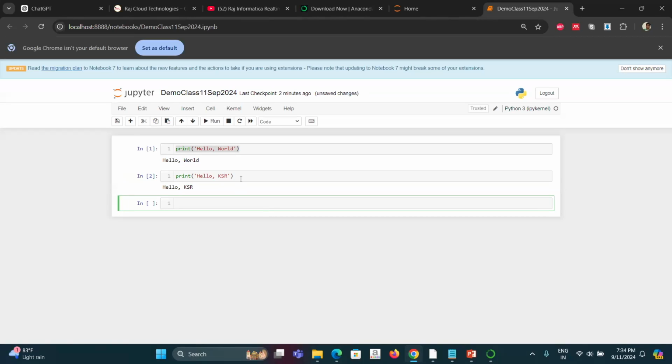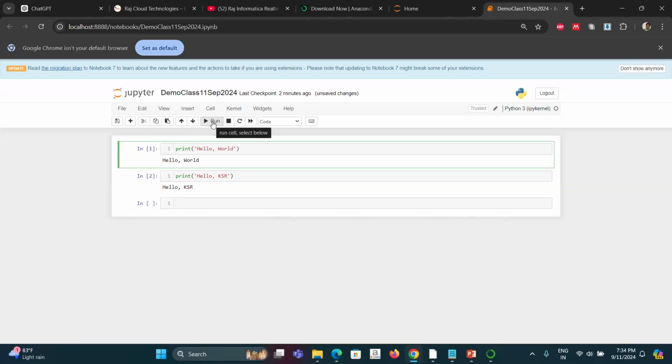Don't worry, most of the time it's not that complicated. Just use the Run button, it will be sufficient to execute. Just keep on clicking the cells. When you get used to it, and you are typing quickly and want to execute, then you press Shift plus Enter together, and that line of code will get executed.